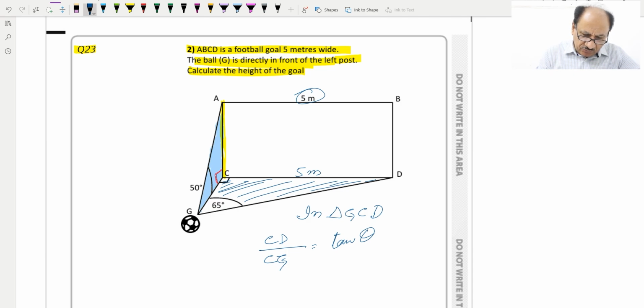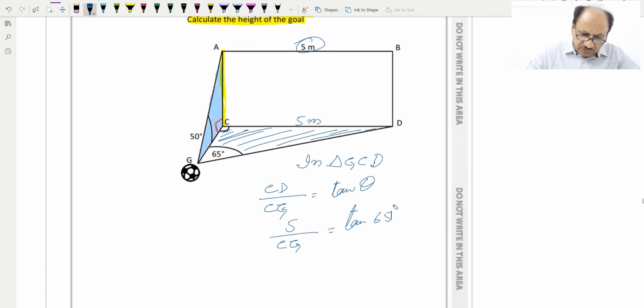So CD is 5, so 5 over CG is equal to tan of 65 degrees, and further we can find